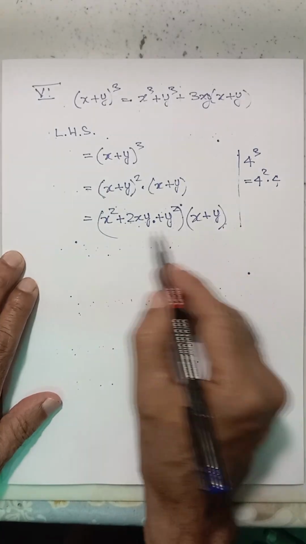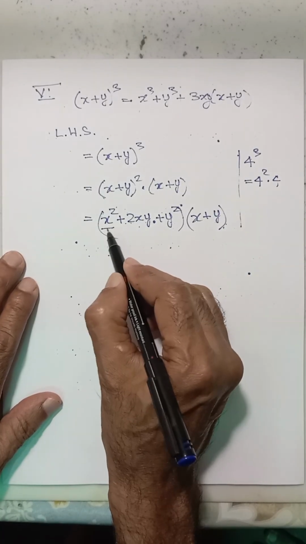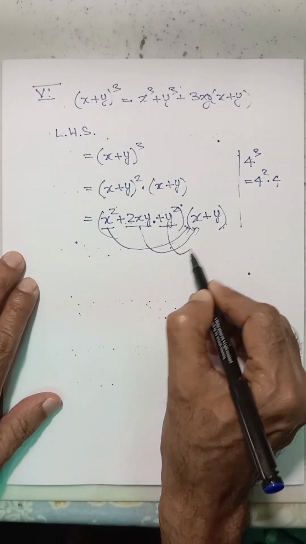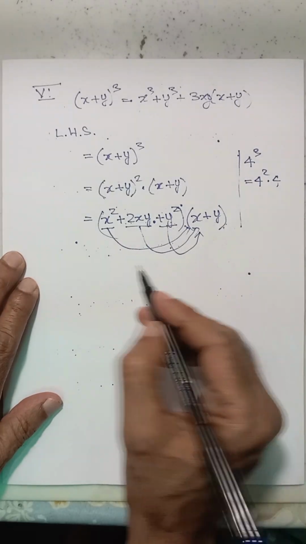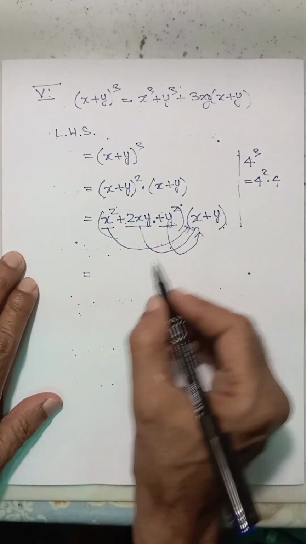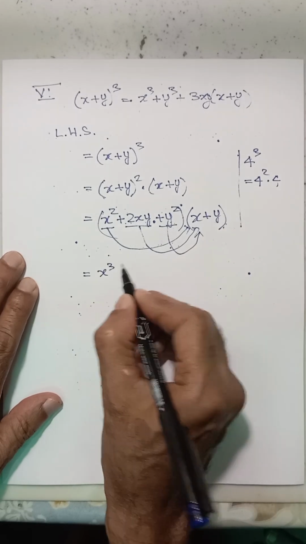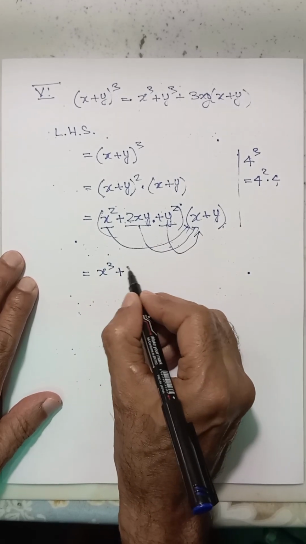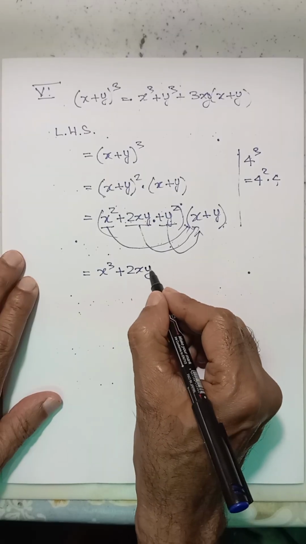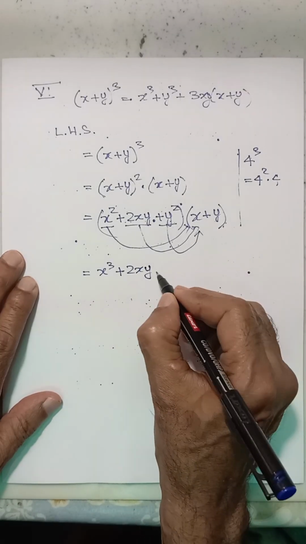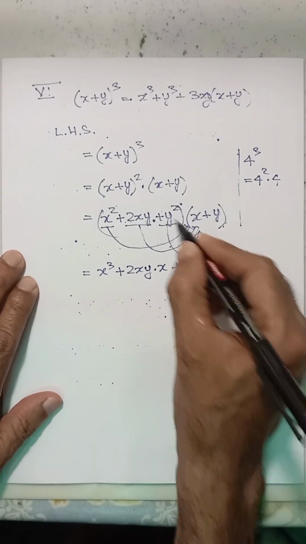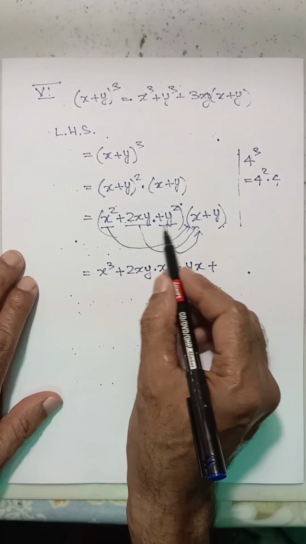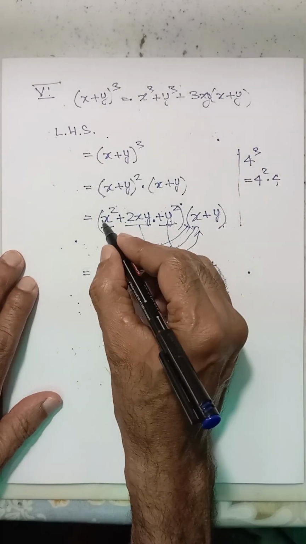Now we will multiply x + y by this. So how we will multiply? We multiply this by this, then this by this, and then this by this. Again it will be repeated the same for the y. So let us see it. x² into x will be x³, 2xy into x, plus y² into x, plus now we will repeat the whole with y. So this will become x²y.